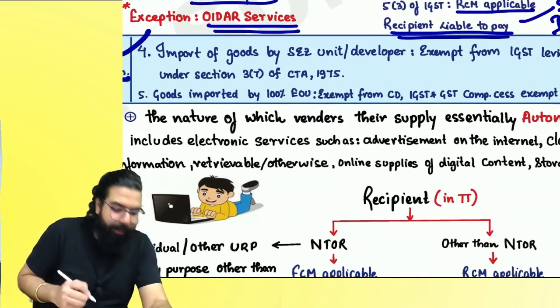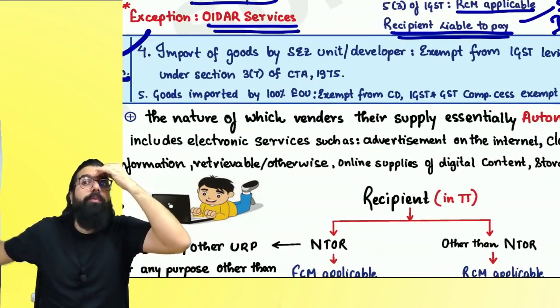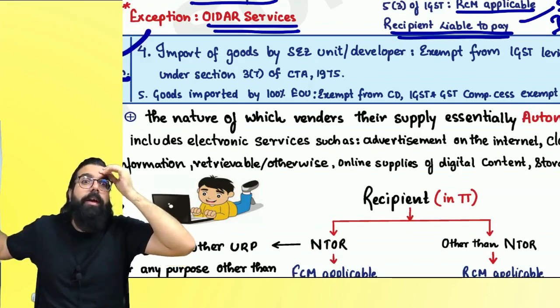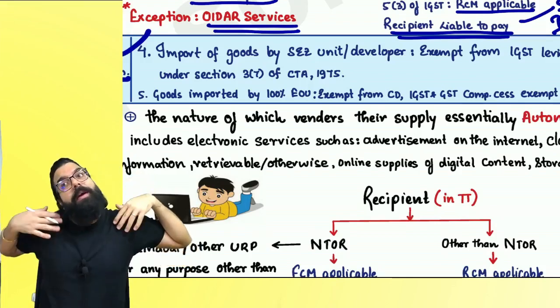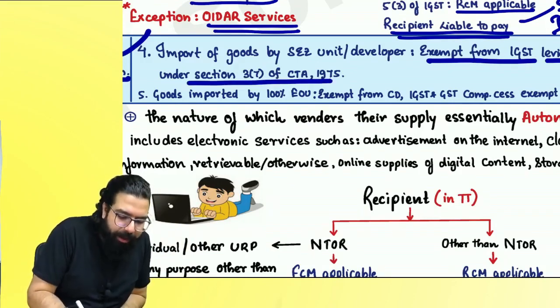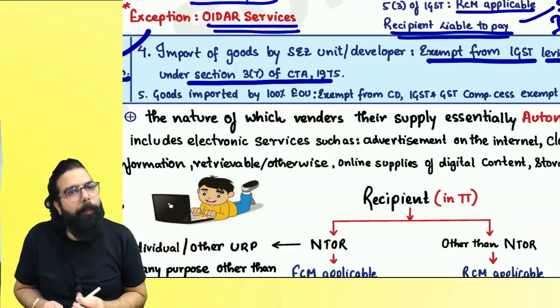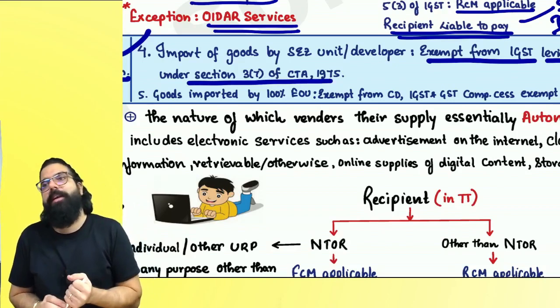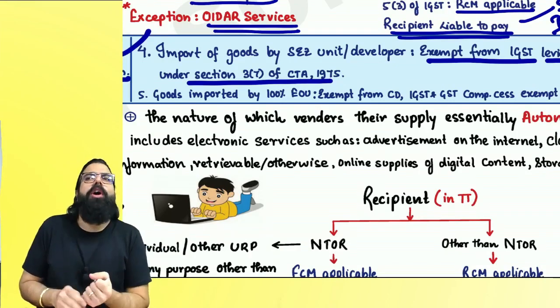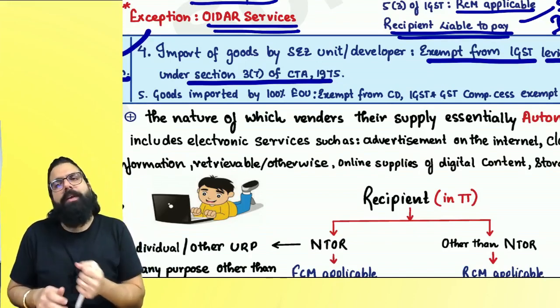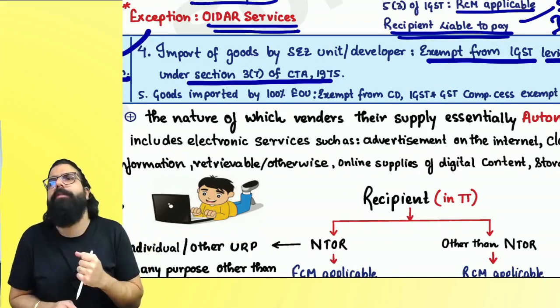Everyone over here now. Then, sir, if importation of goods is done by an SEZ, you remember the nature of supply chapter, the third chapter, I went ahead and told you this point. That, sir, whenever importation of service is done by an SEZ, it is exempted from IGST leviable under section 5(3). Whenever SEZ imports, SEZ does not have to pay any IGST. Whether it is importation of goods or importation of service, IGST is always exempted. Sir, where is service exempted? You told only goods here.